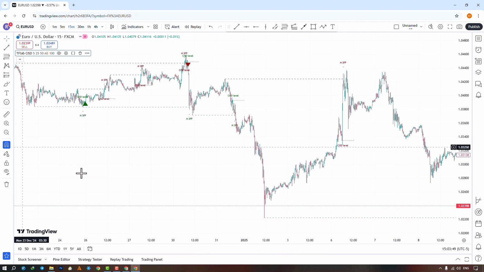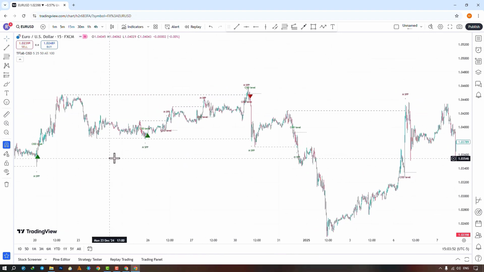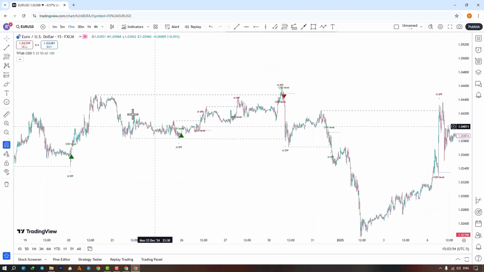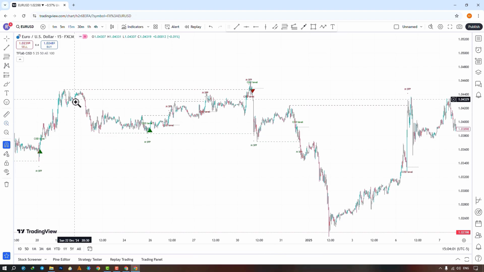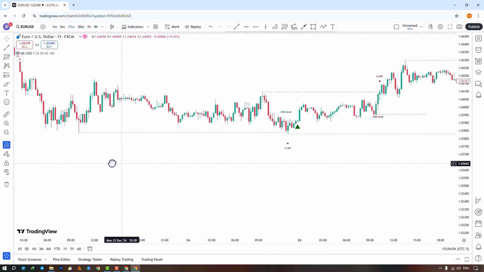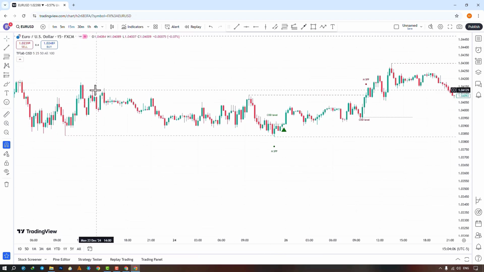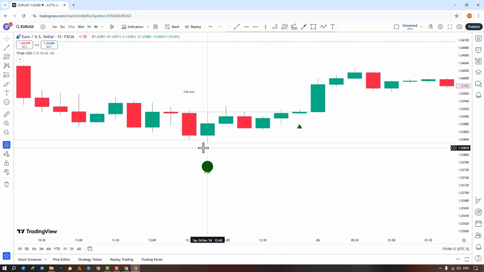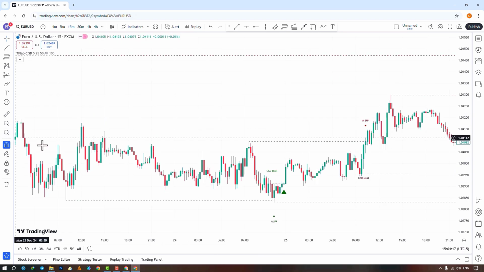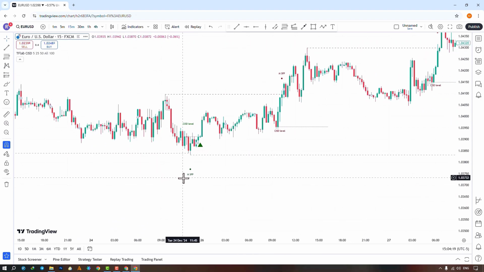Well, here for us, the swing failure pattern status is enabled and displayed along with the CISD. For example, in this section, a swing has formed for us, and with the price moving downwards and its return to its own price range, an SFP, or swing failure pattern, has formed,